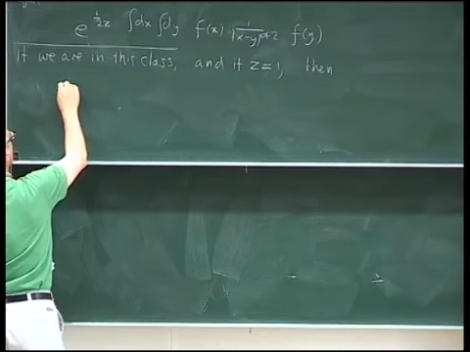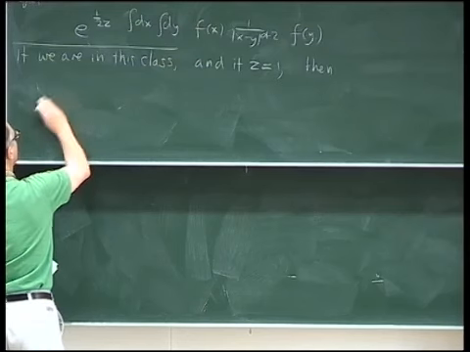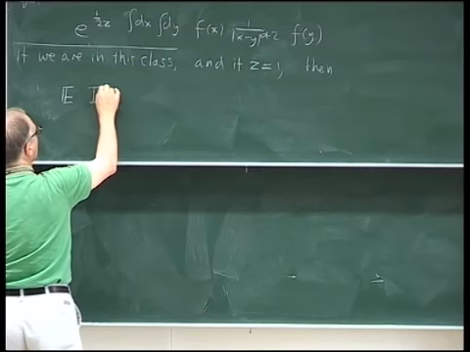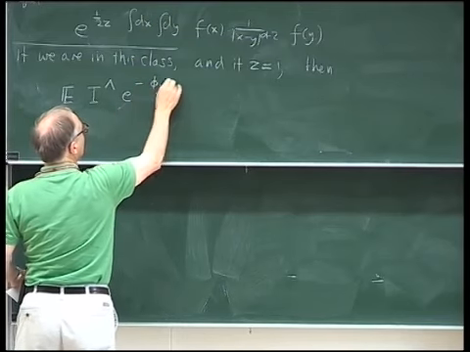Write 1 over z, in fact, actually we just look at the top. Look at the expectation of I to the lambda e to the minus phi f,